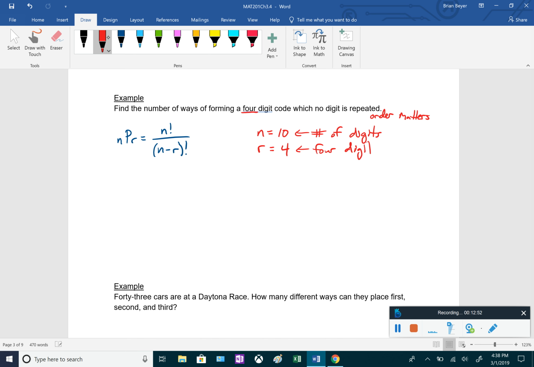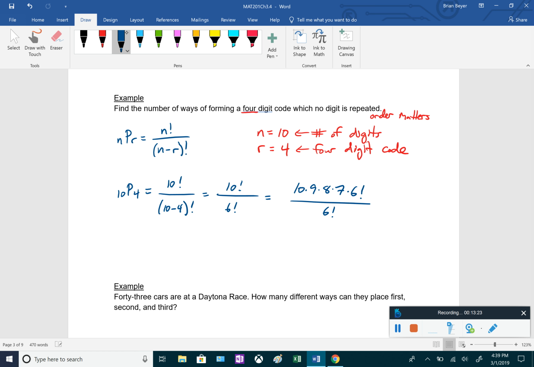So we're evaluating 10Pr, or 10P4, sorry, 10P4. So plugging this in, it's going to be 10 factorial over 10 minus 4 factorial. That's 10 factorial over 6 factorial. I'm going to do the shortcut way again like I did in the last example. 10 factorial is 10 times 9 times 8 times 7. Everything after that is 6 factorial. So the 6 factorials cancel, and we are left with 10 times 9 times 8 times 7, which is